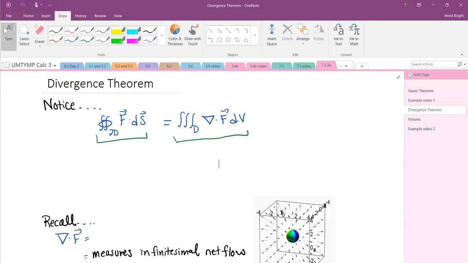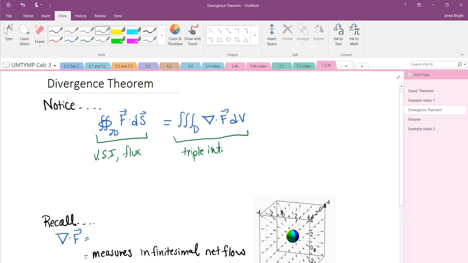Alright, so having done some work with Gauss's theorem now and some examples, I want to revisit the conclusion of Gauss's theorem and just look at this. Well, the first thing we notice, to state the obvious, is that this is a vector surface integral. And in the examples, we're using the term flux for this. And to state the equivalent obvious here, this is a triple integral,